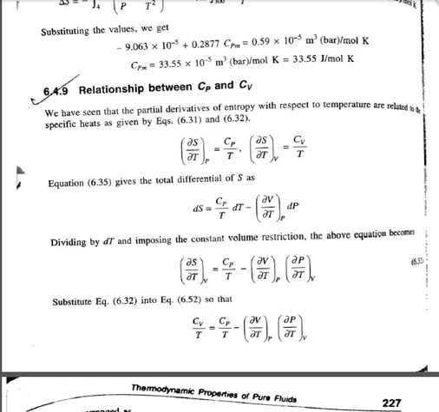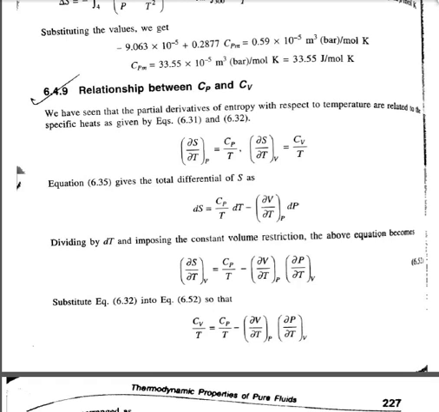So this equation we already discussed in equation 6.31, which is the relationship between the entropy and temperature, and then entropy and volume. So from equation number 6.31 and 6.32,